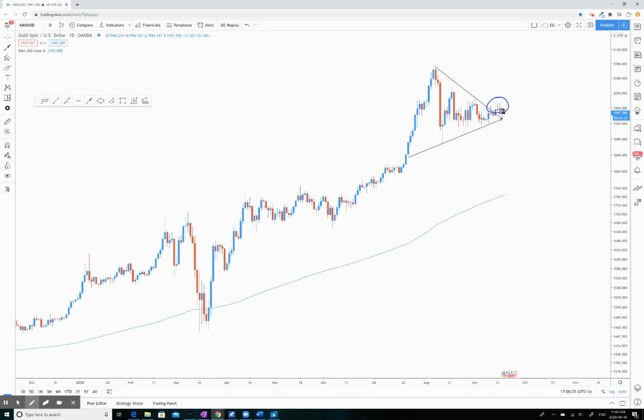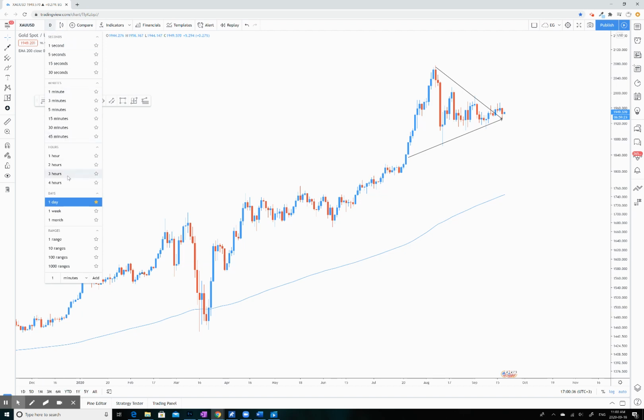However, we're still just getting consolidation. There was no strong break. There wasn't a whole lot of momentum. Let's just go down to the lower time frame and I'll show you what I mean. So if we go to the 4-hour time frame,